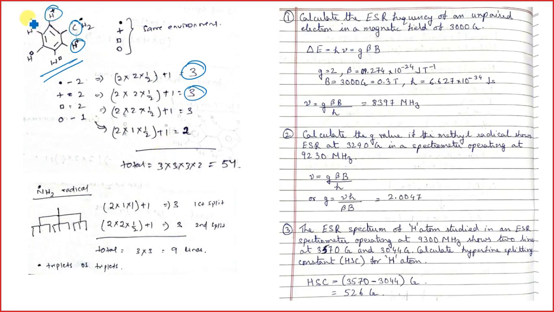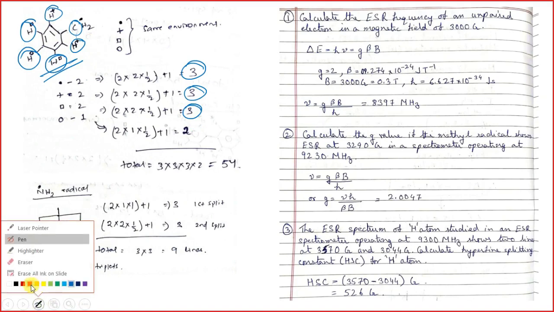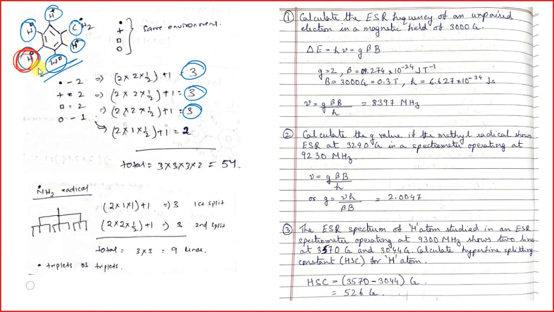Then you have these 2 hydrogen atoms, which have a similar chemical environment. So these two would again give 3, and lastly this red marked hydrogen will give you 2 splittings. So in total you will have 3 multiplied by 3 multiplied by 3 multiplied by 2,